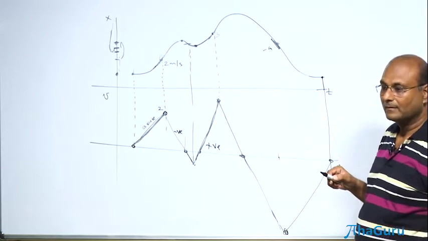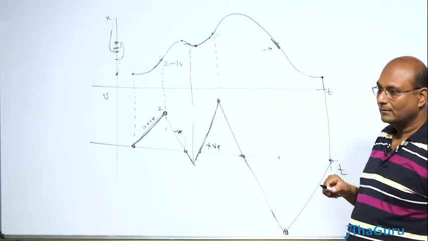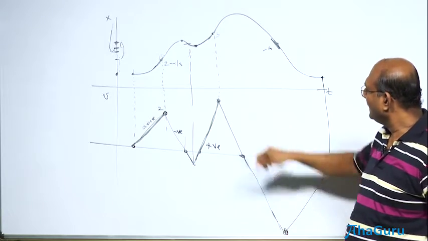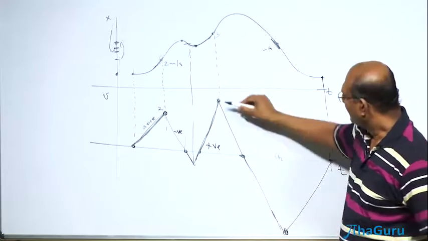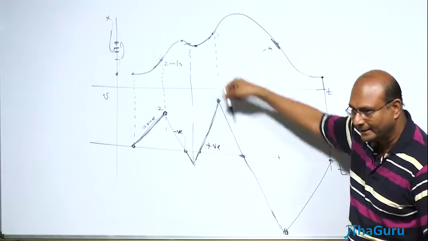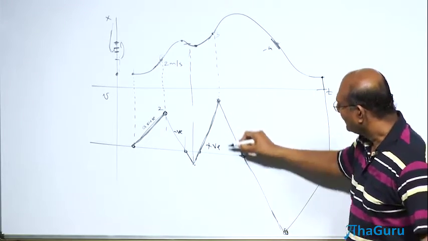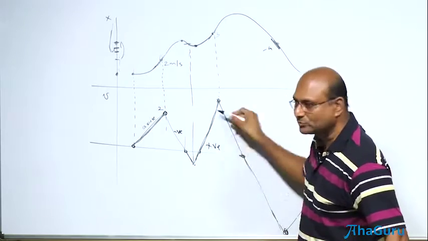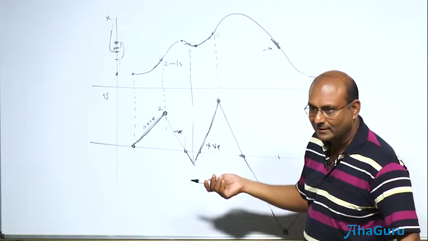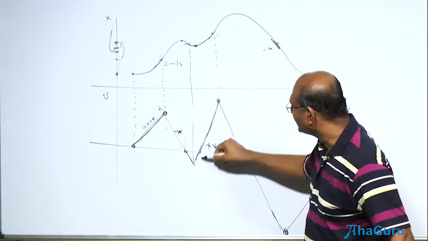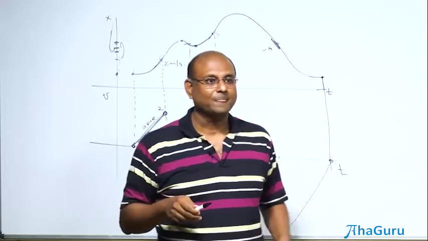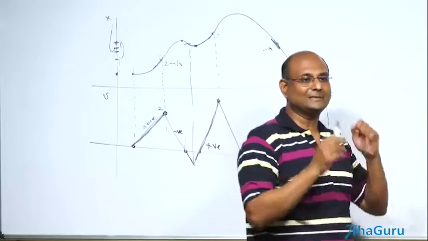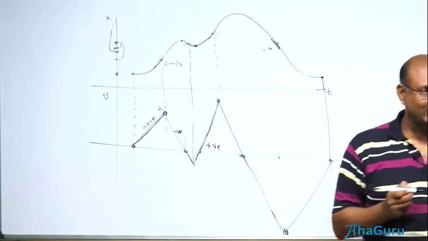From the +3 to -4, sir, it need not be a straight line. What is not a straight line? It may not be. I'm just saying it was, assume it was. Because I'm just saying, suppose it was uniformly accelerated, it could do this. It could have been, in fact, why +3 to -4? All this could have been non-straight lines, right? So I said we could have a graph which goes like this. So we don't know if they are straight lines. I'm just saying, let us assume they are straight lines, just for simplicity, to see what happens.